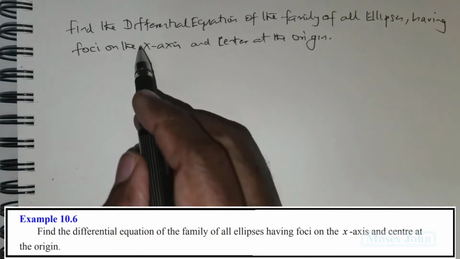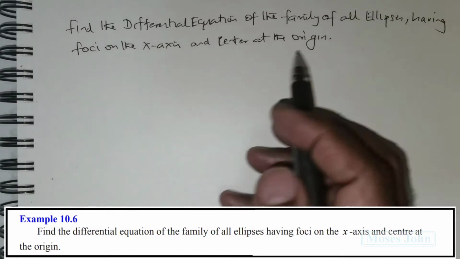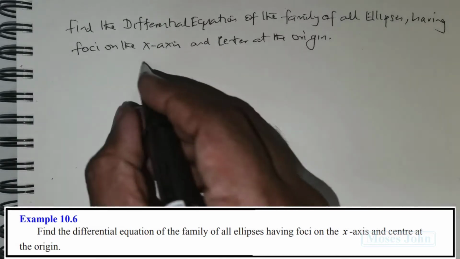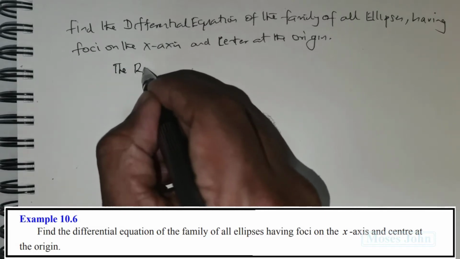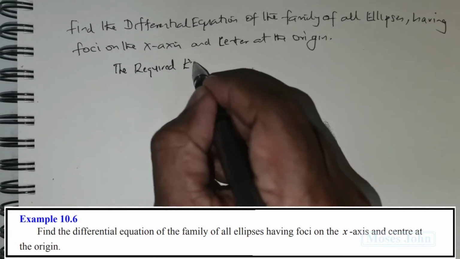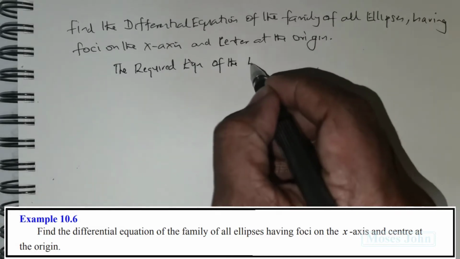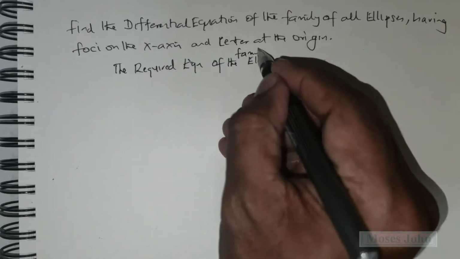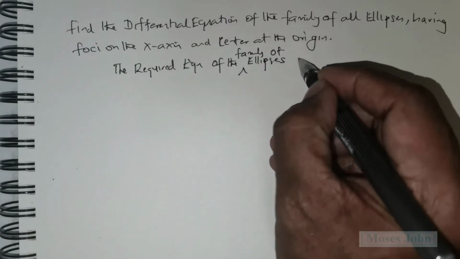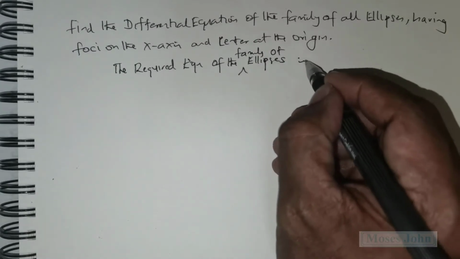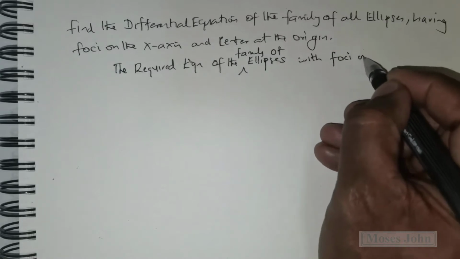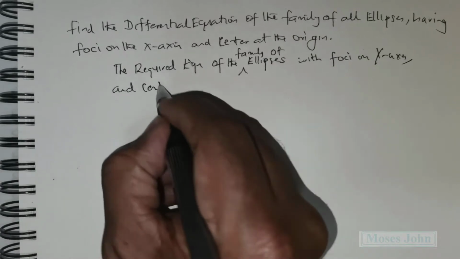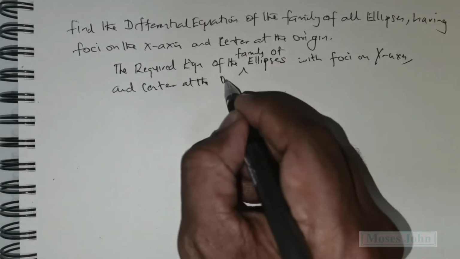Students were given this question: find the differential equation of the family of all ellipses having foci on the x-axis and center at the origin. So the required equation of the family of ellipses with foci on the x-axis and center at the origin